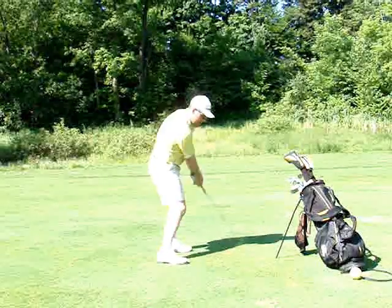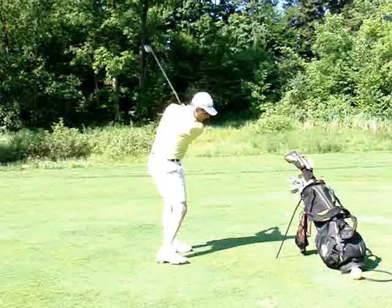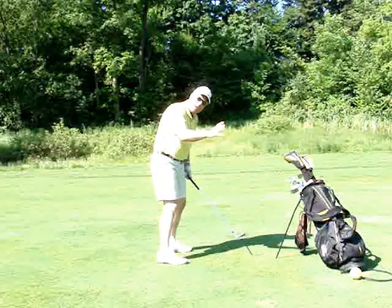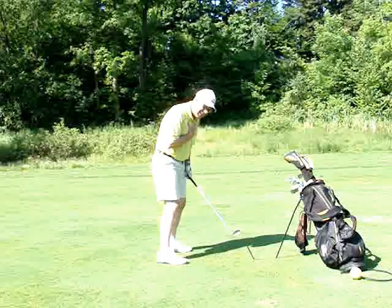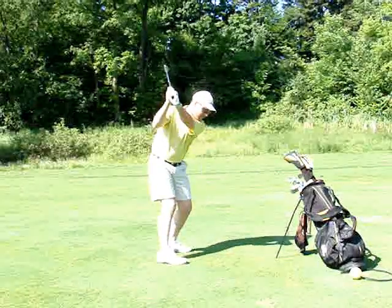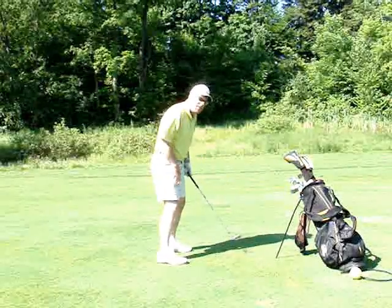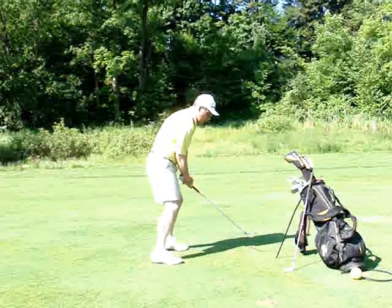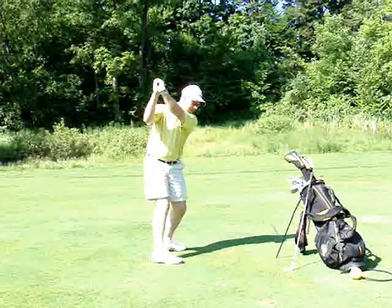Notice how the club is passing in the same spot every time and how it's swinging itself down the line. You notice I'm not too upright and I'm not too flat. For my personal body and my genetics, this particular pitching wedge needs to swing on that plane. If I take a 5-iron and I swing the club back and through without stopping using the same axis,